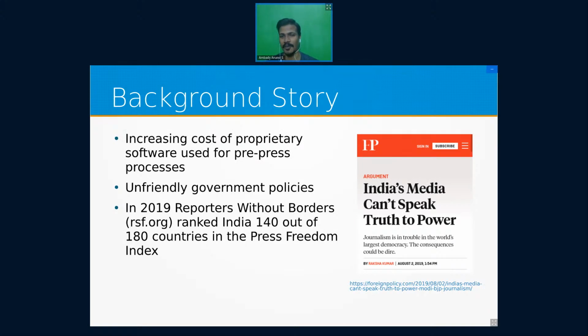So talking about the background of the story, it started with the Janayugom paper's decision to migrate to a newly advanced technology stack. The main reason for this is their increasing cost of proprietary software. They weren't able to continue their work, so they were looking for alternative solutions. There are also other reasons, such as the unfriendly government policies. It was interrupting their